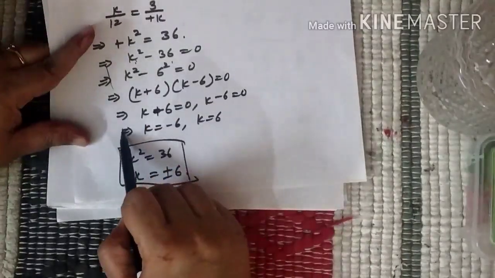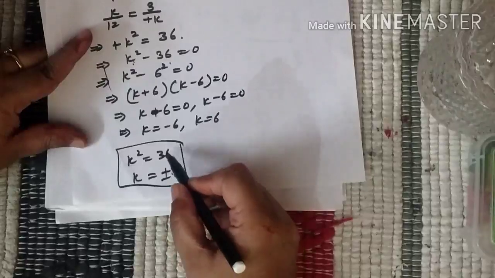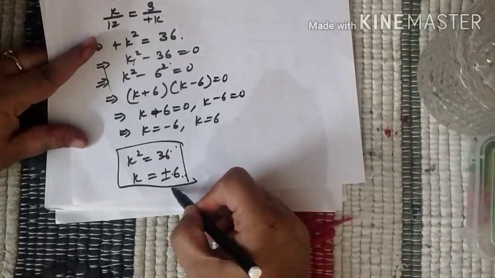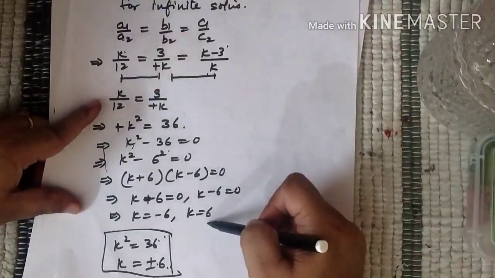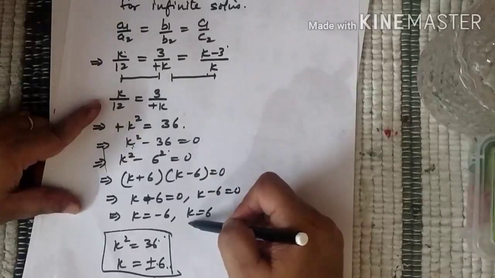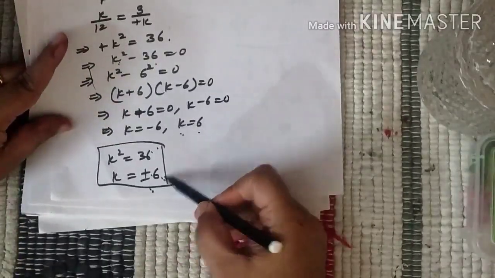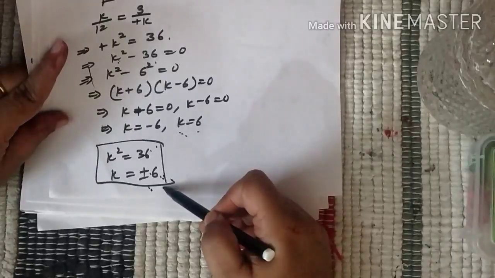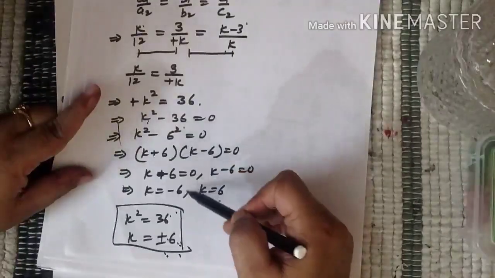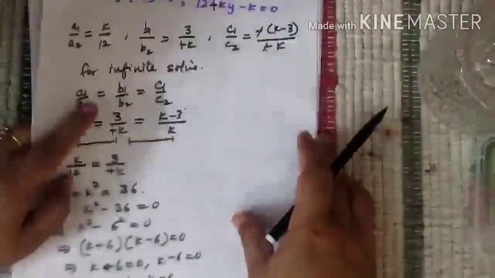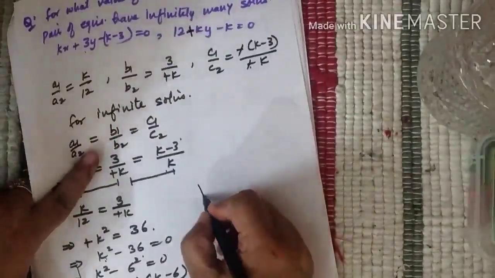I have solved it here. Actually, plus 6 square is also 36 and minus 6 square is also 36. And the right approach I have already given you here. You can skip these steps and directly write, but if you do not skip the step, either you remember that it will always be plus minus 6, or make it a habit that whenever you have a degree greater than 1, you factorize and then equate the factors to 0.